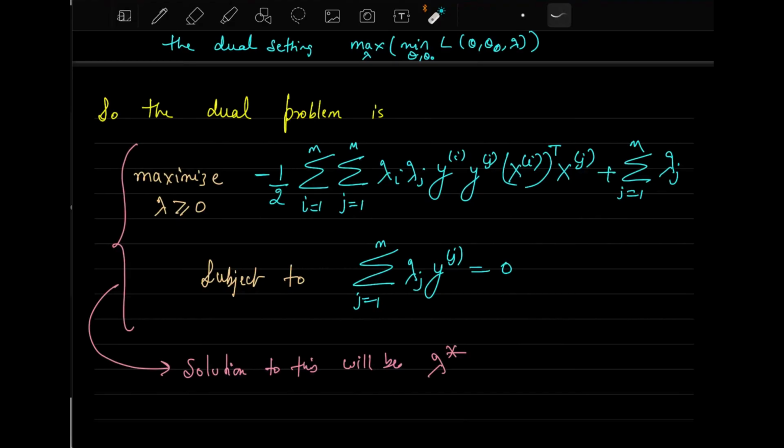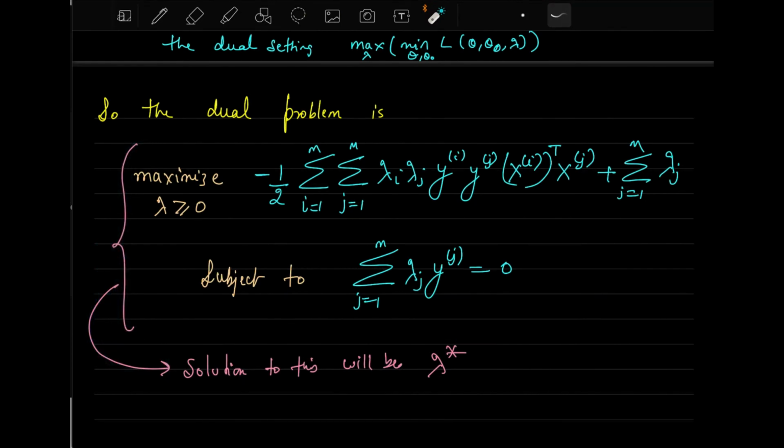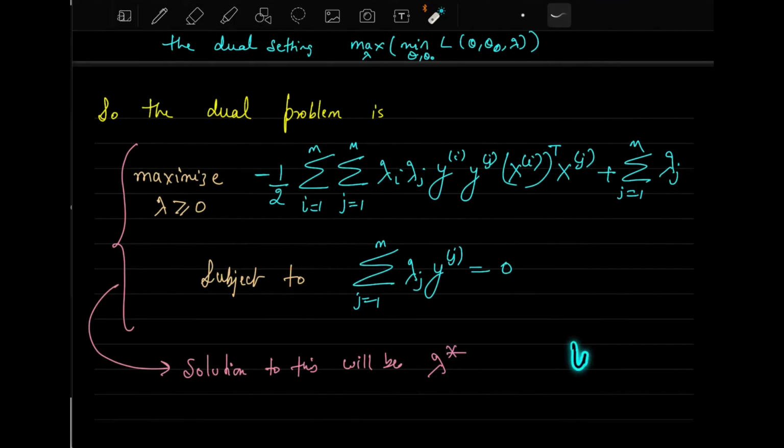So now the important thing is, once you get the answer of this, let us say the answer of this is lambda star. This lambda star is not that important to us by itself, because we want to put this value back into the w and w0, which is evaluated in terms of lambda, so that we can get the values of theta and theta 0. Sorry, not w0, it is theta and theta 0. So this is the lambda star that you will get from this particular dual problem.